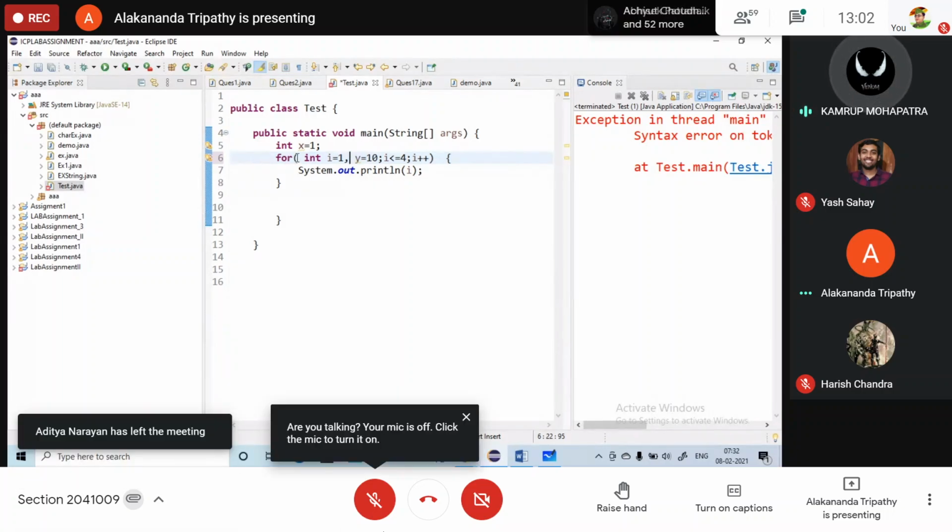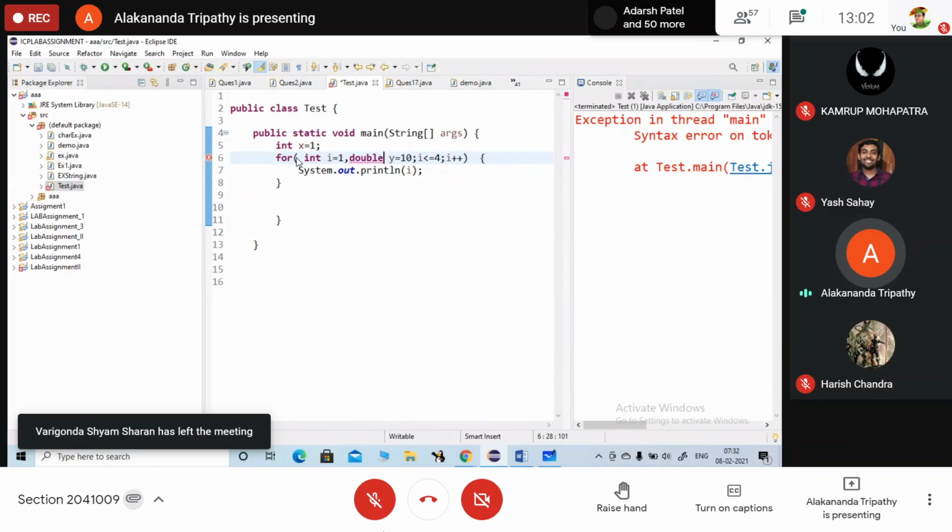Ma'am, here y is not initialized with any data type. Yes, you can initialize it with any data type, but in the initialization part you can initialize more than one variable of the same data type, but not with different data types.